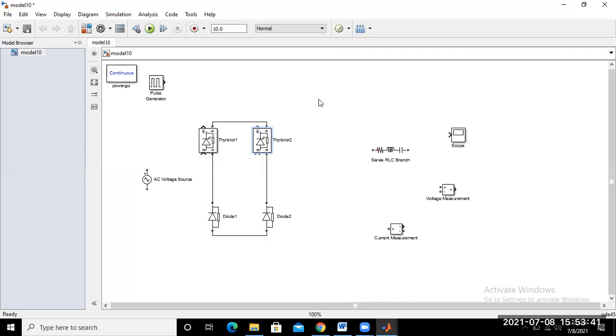Now it is okay. Now you can connect the AC voltage source, one up to this point and one up to this point.